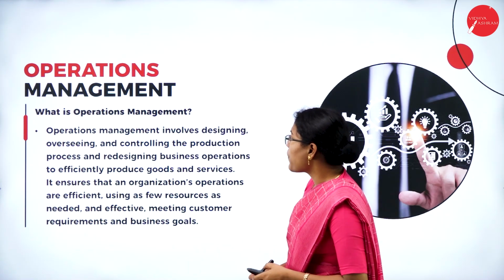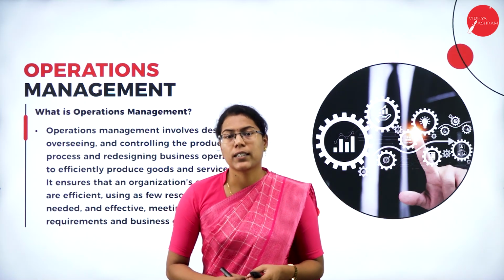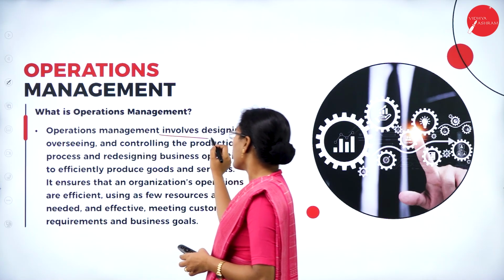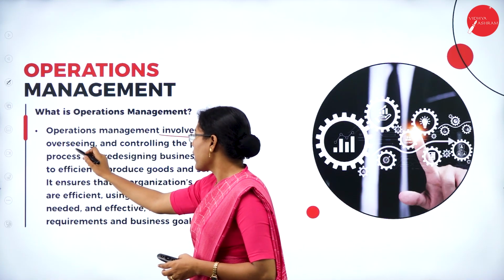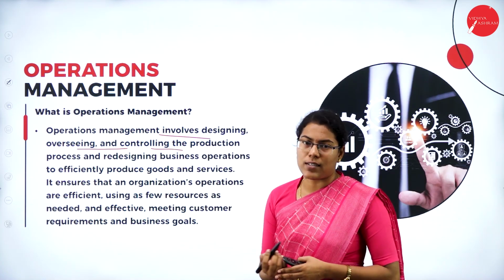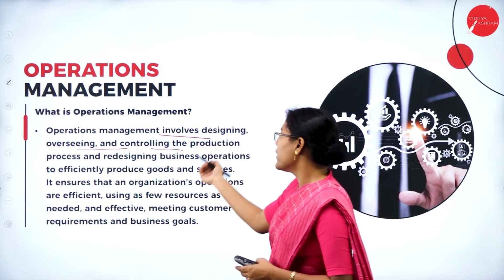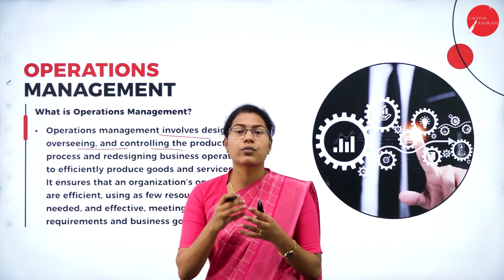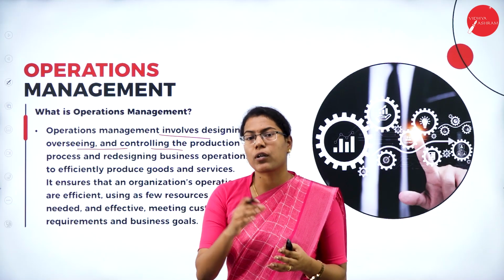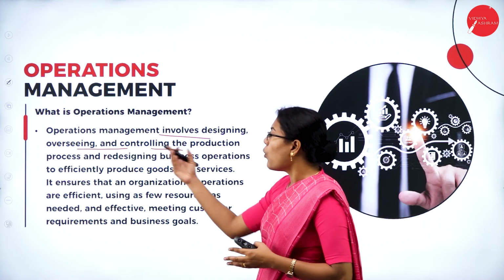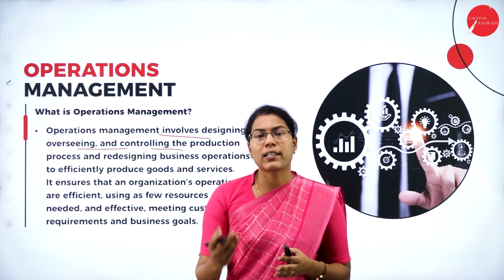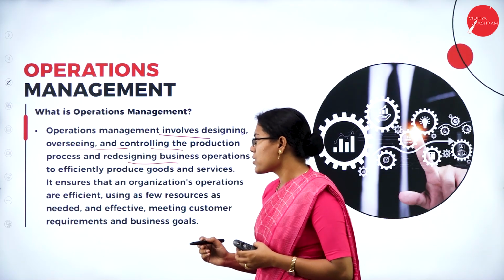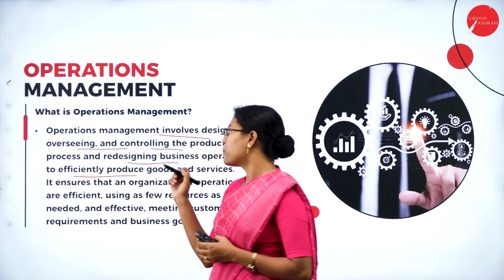So, operations management is a much broader term than production management, and also operations management involves designing, overseeing and controlling the production process. So it includes designing of the production process. That means how the routing should be, or how the processes or the design of the production system should be, and also overseeing. So controlling the activities of production process and redesigning business operations in order to efficiently produce goods